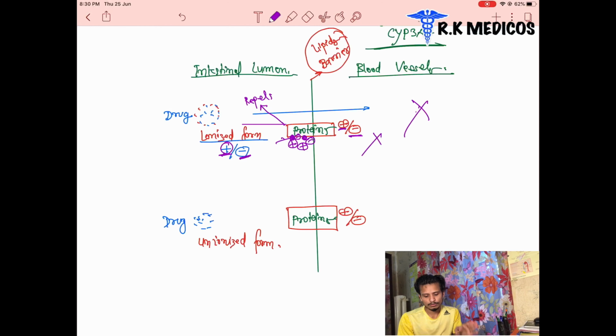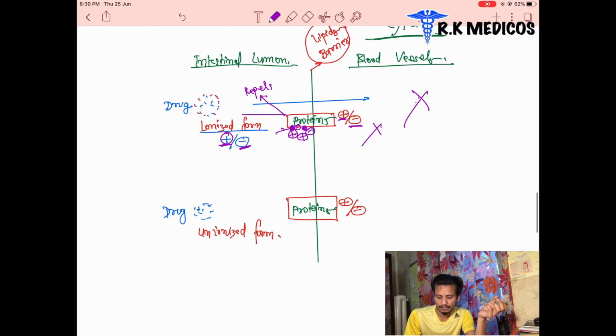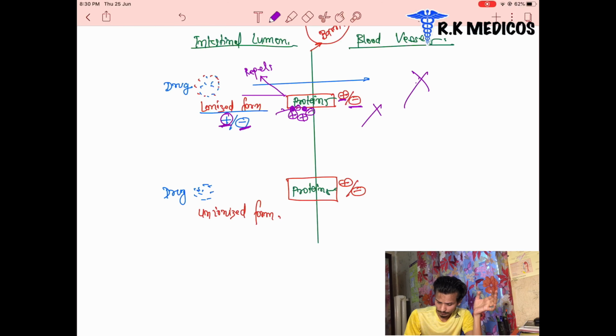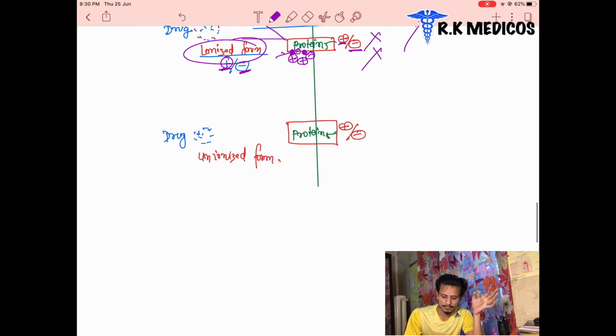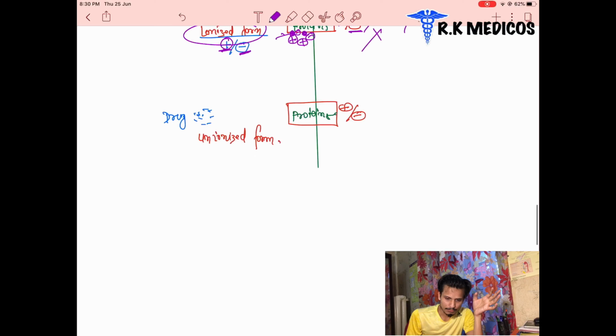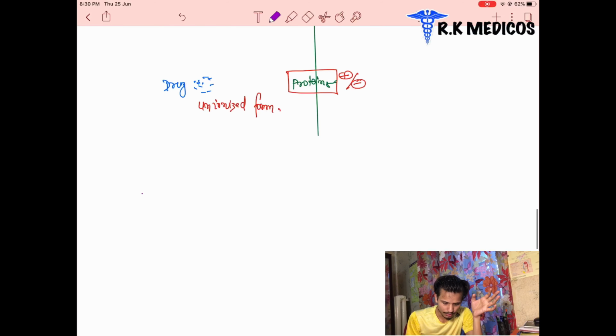So how does the ionization of the drug happen? Some drugs may be acidic or basic in nature. The drugs may be in ionized form, with a positive or negative charge, and they are repelled. If these drugs are in ionized form, we can't absorb the drug. It means the drug gets excreted.